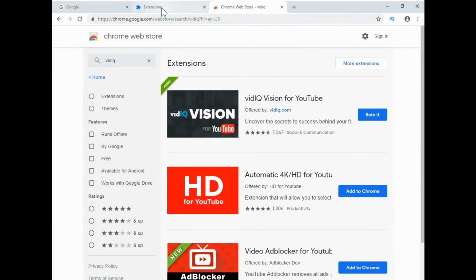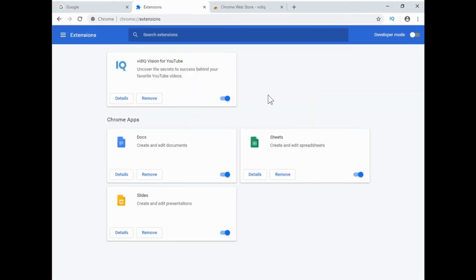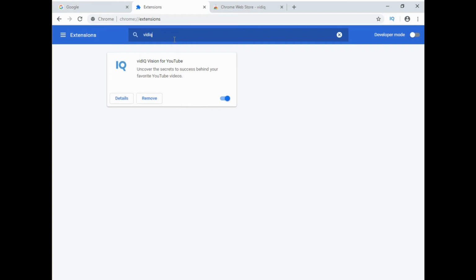Now if I head back over to my extensions tab, I'm just going to leave that other one open and click anywhere over here to get rid of that thing. Now I can see this extension is now part of this. So if I was to do a search for vidIQ here, it narrows it down so it's only showing that extension.